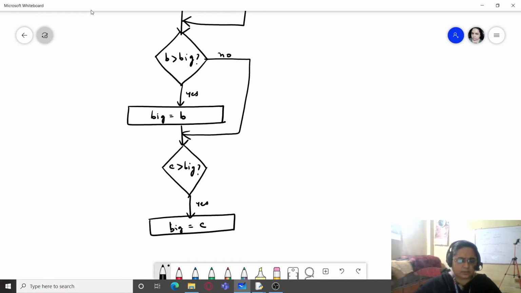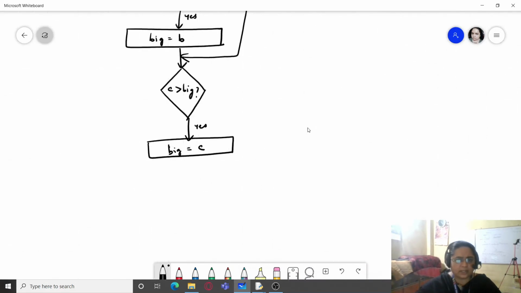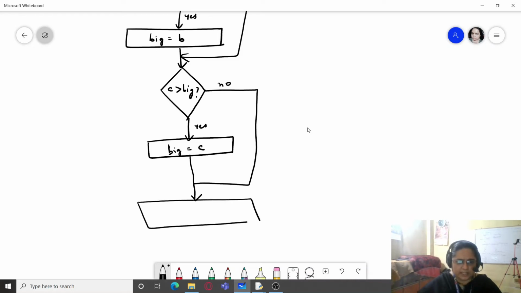And if C is not greater than big, then move to the next part, and this part will also lead to the next part only. If this executes, it will lead to this next part. If it doesn't execute, then also it leads to the next part. In the next part, we will be simply printing greatest number is big. So at the end, big will be having only the greatest number.